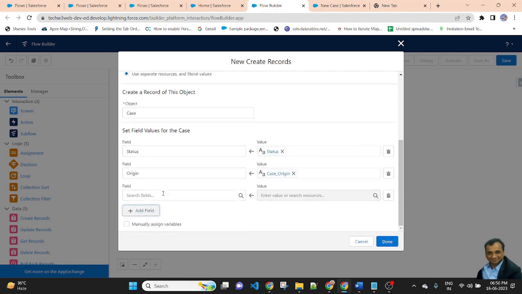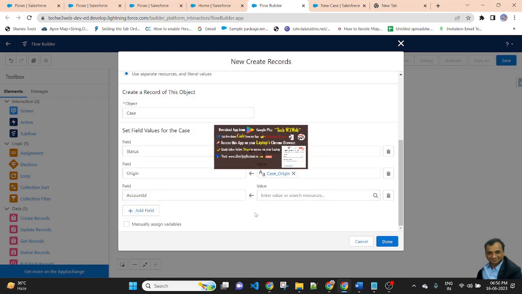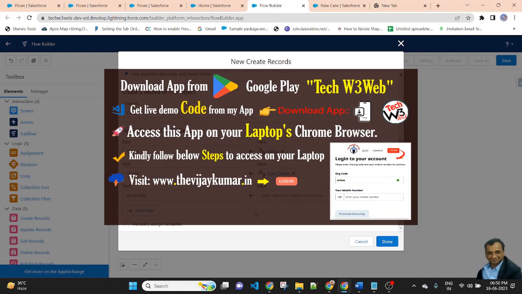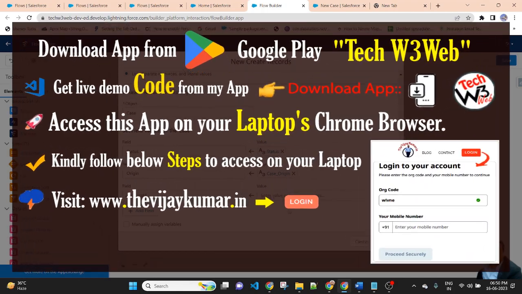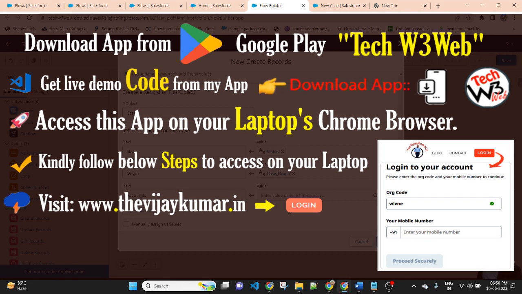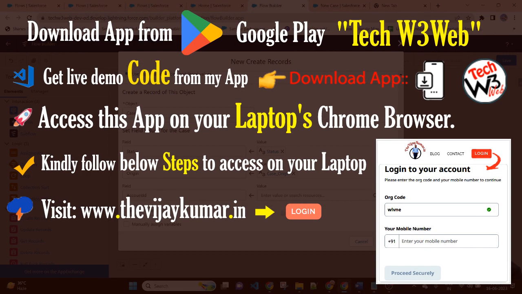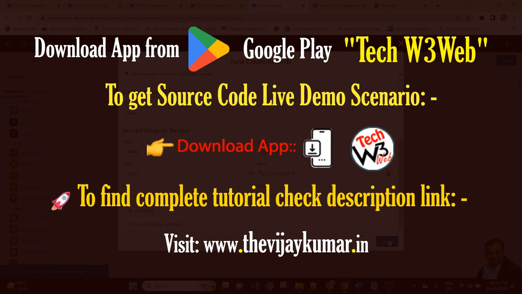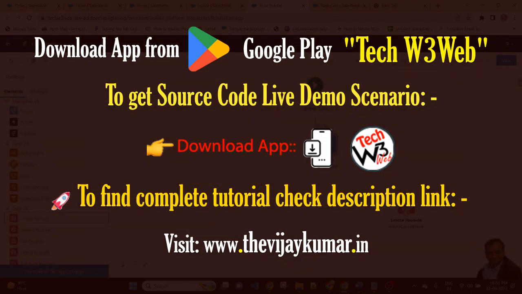Another field is account ID. Account ID is a lookup field between case and account. So I am passing the account ID to the case. Account ID is the lookup field and value will be record ID. Then done.